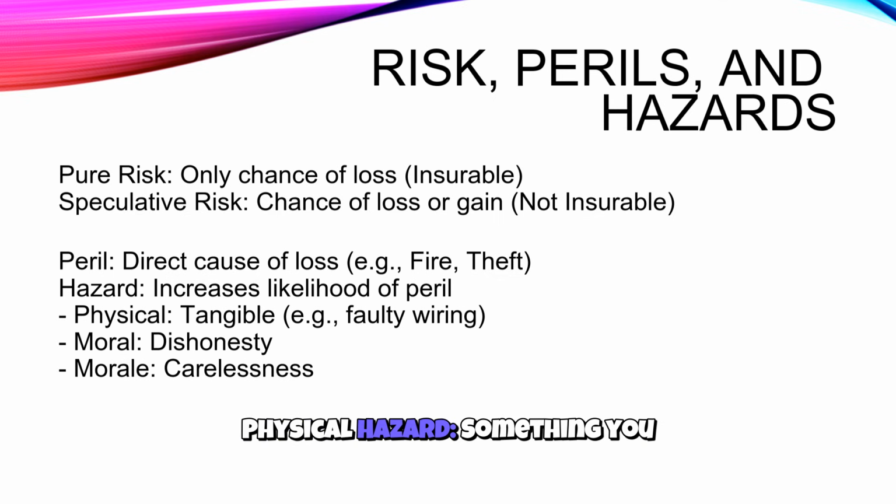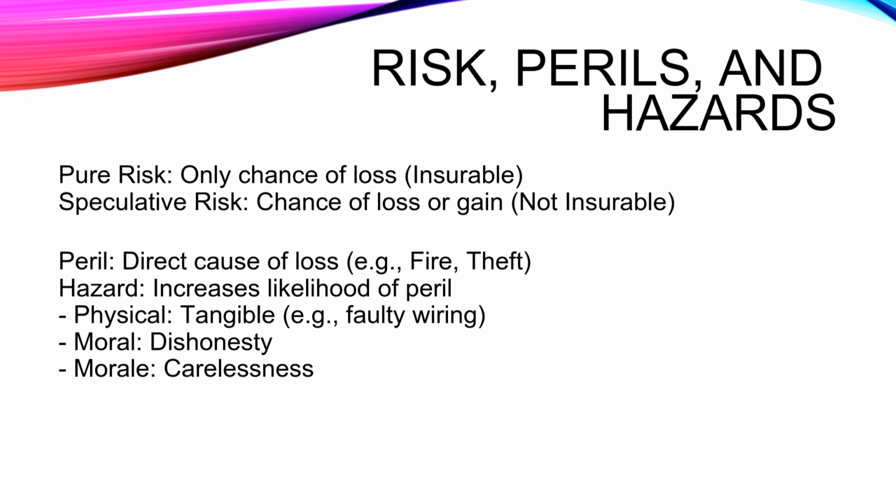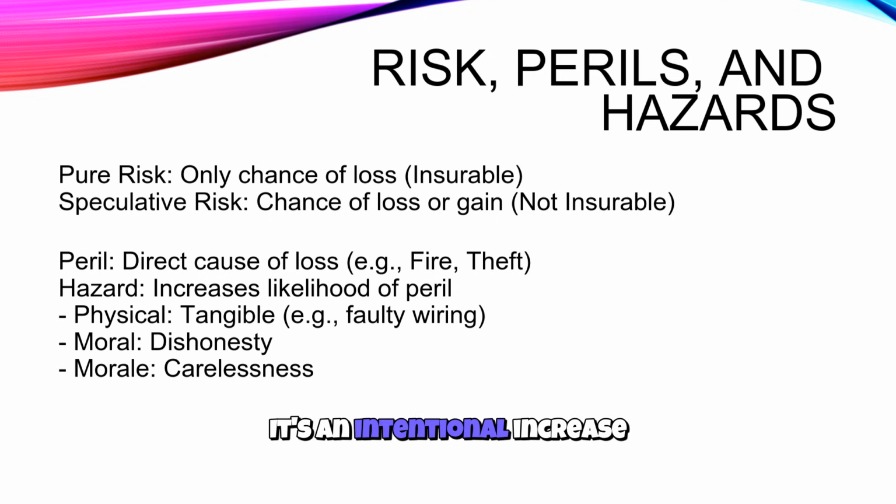Physical hazard: something you can see or touch. Examples: oily rags in a garage, a tree branch hanging over a roof, bald tires on a car, faulty wiring in a wall, a cracked sidewalk. Moral hazard: this is about dishonesty or bad character. It's an intentional increase in risk. Example: an applicant who has previously committed insurance fraud, or someone who lies on an application to get a lower